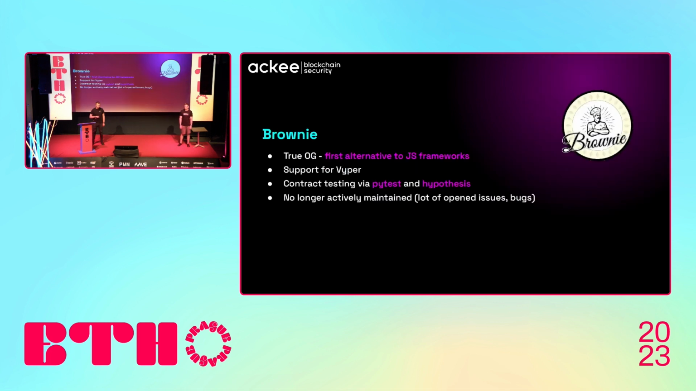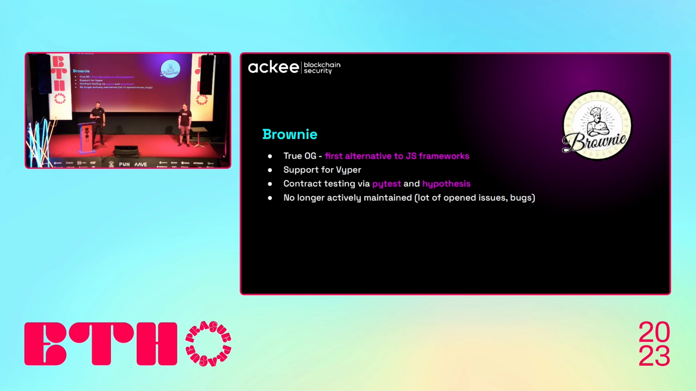I'll start with Brownie. Just a quick introduction. It was the first alternative to JavaScript frameworks. So if you don't like JavaScript and still want to develop on Ethereum, this was your first time, in 2018, when you could start to choose anything else. It has contract testing via PyTest and Hypothesis property-based testing. It's derived from the Python native libraries, and it also has support for Vyper. Unfortunately, this framework is no longer actively maintained. It has a lot of open issues,